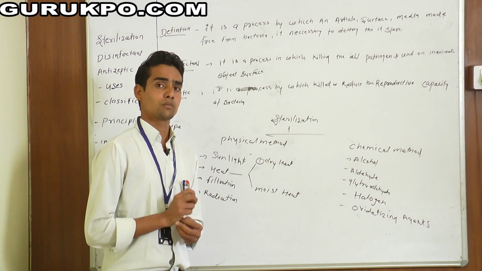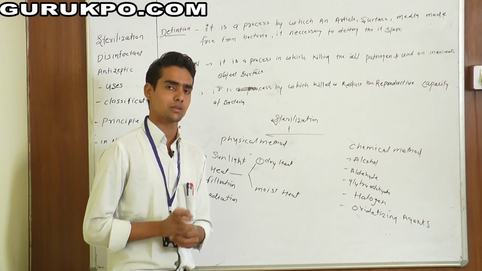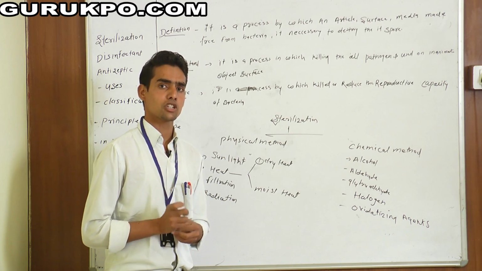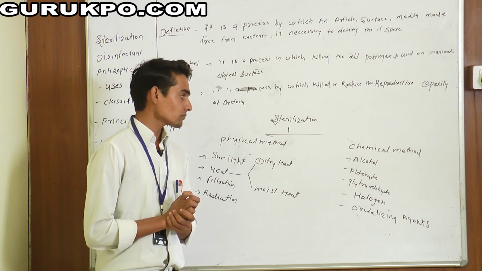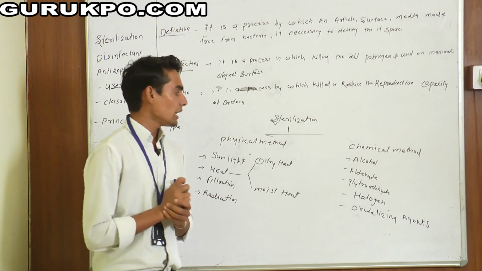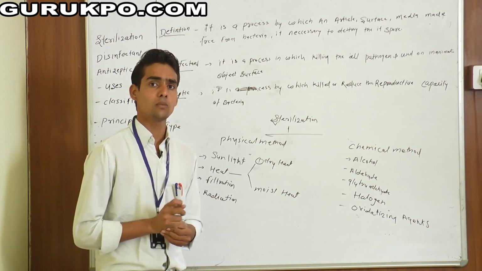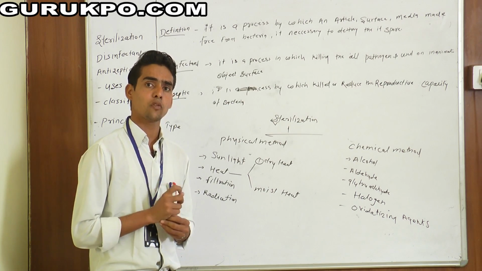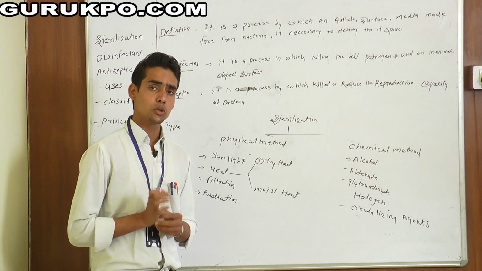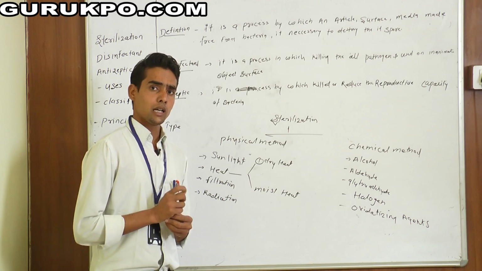Bactericidal means the product kills the bacteria, and bacteriostatic means the product decreases the multiplication of the bacteria. In hospitals it is also known as spirit. Aldehydes are used in two forms, aqueous and gaseous. The gaseous form is formalin. Formalin is widely used in hospitals for fumigation with potassium permanganate.